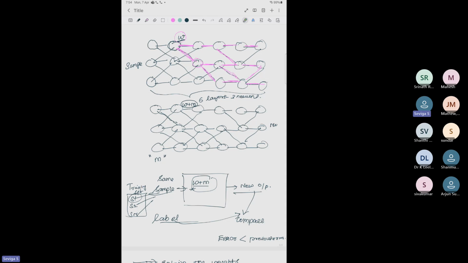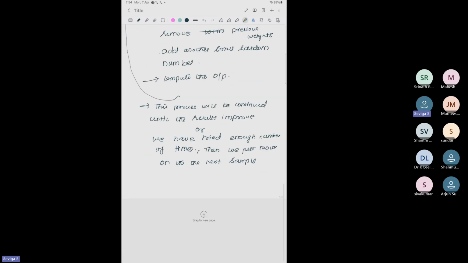But do you think this is a valid way for teaching the network? Definitely not. Because neural networks will have millions of weights. Look at it, for every sample, if you have to nudge and pick the weights for millions of weights, this is not going to be practical. This is not realistic. So the core idea which we will understand from here is that